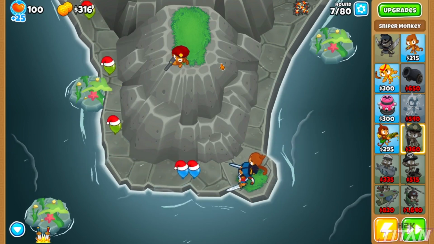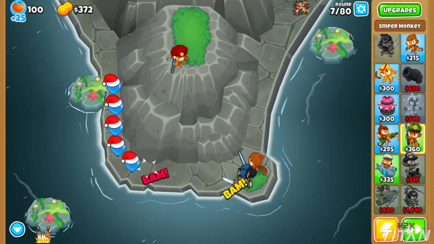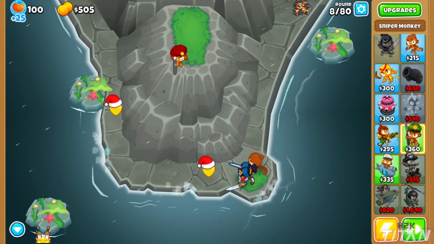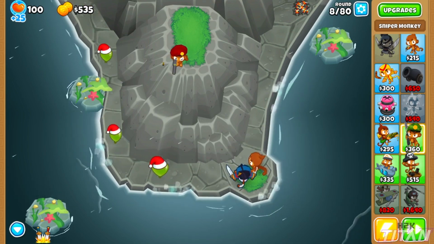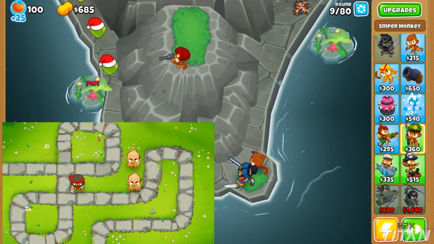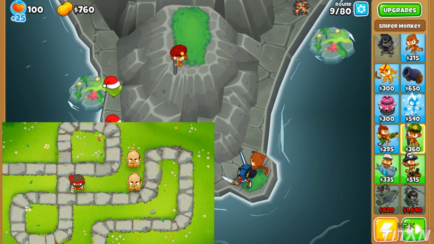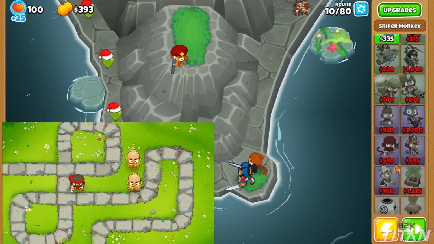So the first thing that we're going to do is figure out how to level up our towers fast. But before we can understand how to level up our towers fast, the first thing that we need to do is figure out how the tower experience is broken down. So I'm going to try to break this down as easy as I can. The way that experience is broken down is it's basically divvied up by how much money you spend on